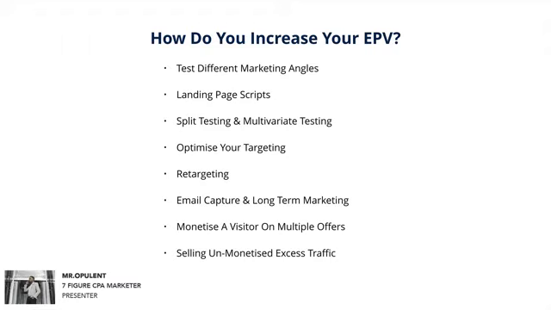And lastly, you can sell unmonetized excess traffic. Okay, so all of the traffic that you can't get to convert, you can actually sell to a traffic broker that can buy that traffic from you. Okay, so again, you can actually make money from the stuff that you can't get to convert on your traffic, on your media buyers, and then from that point you can actually sell any traffic